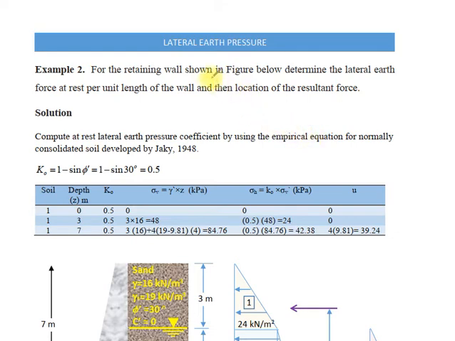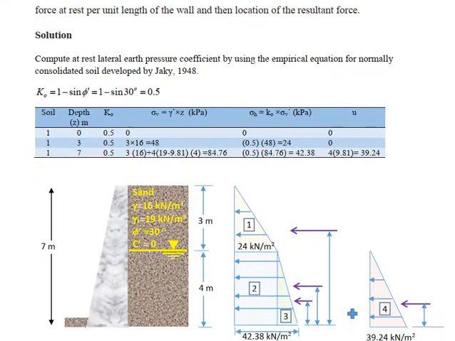Example 2. For the retaining wall shown in the figure below, determine the lateral earth force at rest per unit length of the wall and then compute the location of the resultant force. Here we have a retaining wall